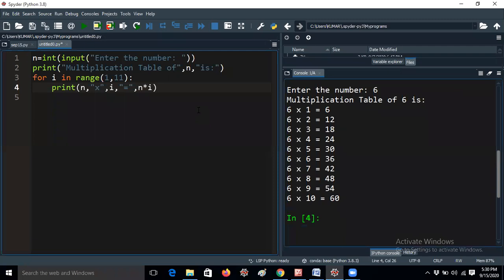Usually these programs are asked from the interview point of view, so everyone should prepare well. And in the final external examinations also you may get this type of question for 10 marks. It is very easy, but whenever you get this question in the external examination, don't write only the code and output. Output is mandatory for every program, whatever the programming language, whether you are studying C or Java, data structures or whatever it may be.